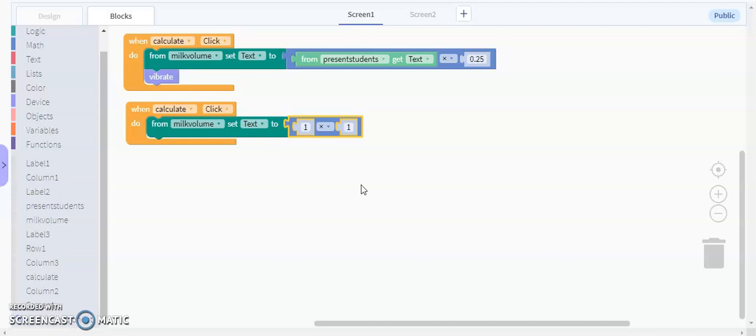As in the White Hat Junior instructions, they gave us 250 milliliters. But they also asked us to convert it into liters and then give the answer in liters only.